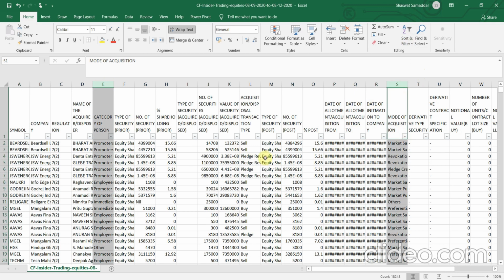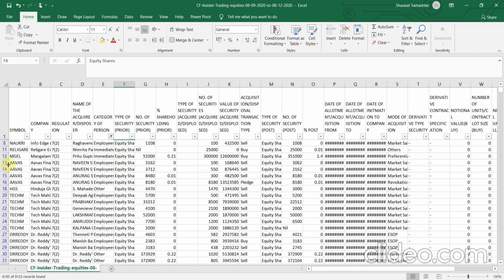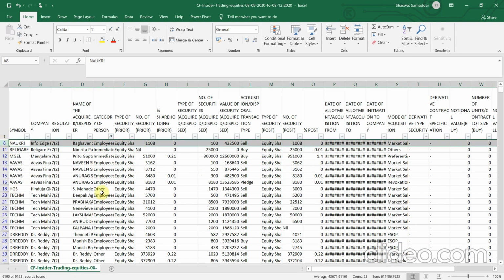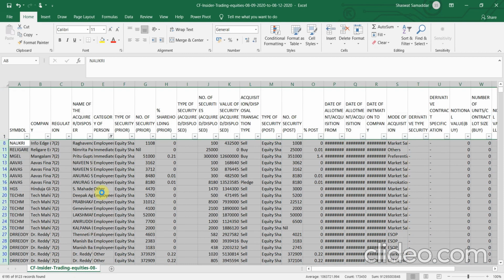Okay, the selected columns right now on my computer screen. I want the category of person to be promoter and promoter groups only. So I will delete all the rows except those two. Okay, now once I have done that,